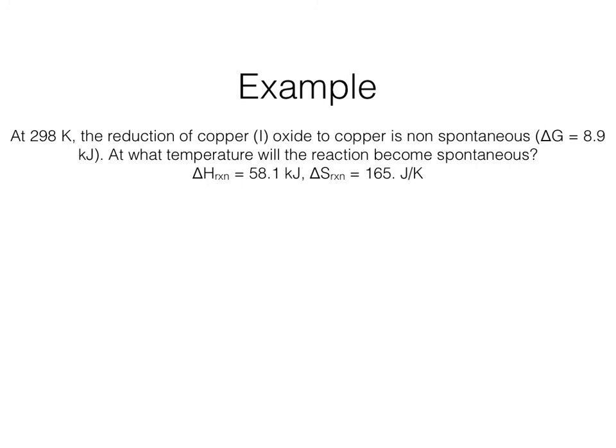And so at 298 Kelvin, here's an example. At 298 Kelvin, the reduction of copper oxide to copper is non-spontaneous. Delta G is a positive 8.9 kilojoules. At what temperature will the reaction become spontaneous? And it gives me the values of delta H and delta S. And so the temperature that we're looking for is going to be delta H divided by delta S. And so we have 58.1 kilojoules divided by